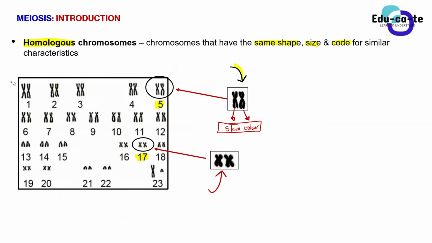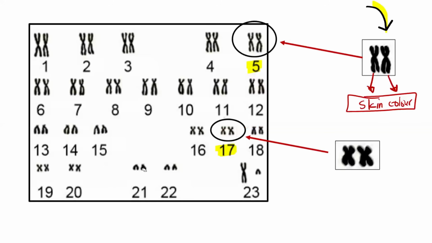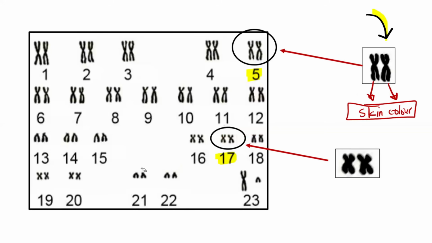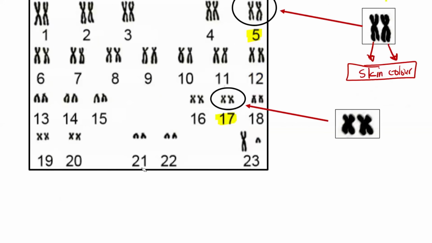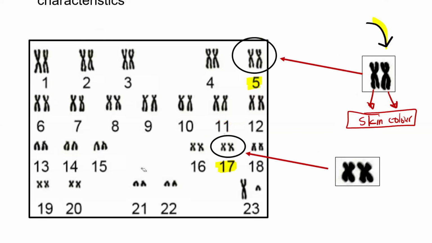You must know that we've got homologous chromosomes. What about pair number 23? Do these look alike? No, sir. It's the only pair that doesn't look alike in this one. This is because this individual is a boy, but don't worry, later on you're going to see why they don't look alike. But I'm talking about all autosomes. Look at all the autosomes. Are they all homologous? Does each and every pair have chromosomes that look alike?